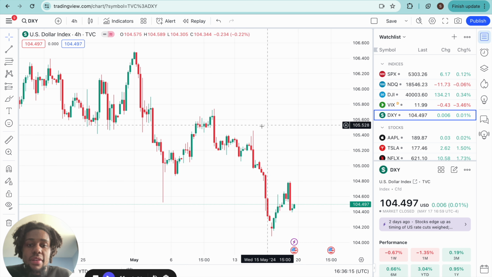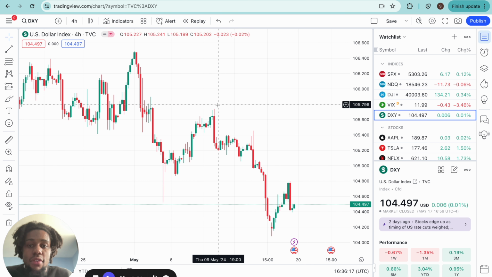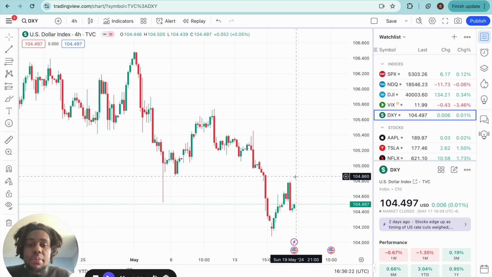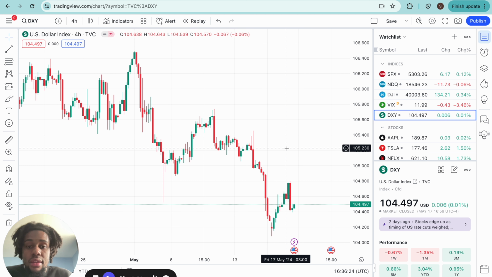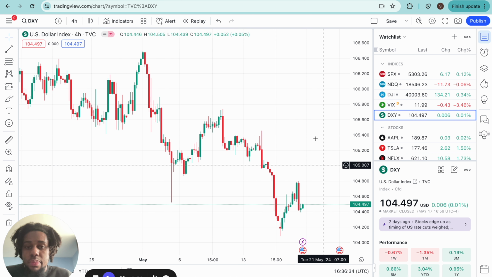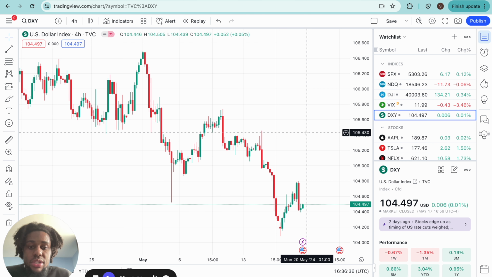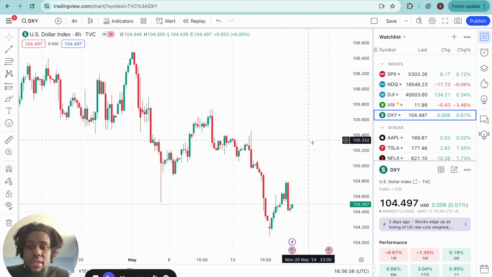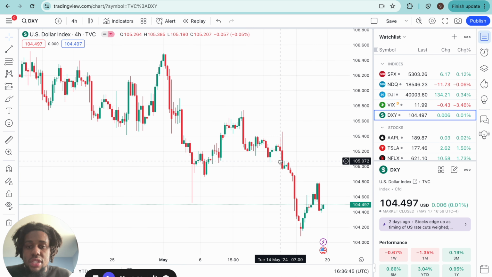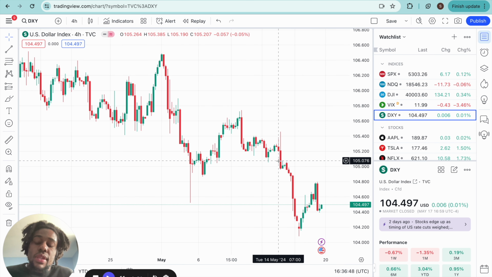For me, what would really tell me yes, the dollar is flipping bullish, is if we could close above this high here. If we were to take this high here, then that would classify for me as a new high, or even this high here. That would classify for me as a new high, and that would signal that we are at the end of our retracement, and we're probably going to be going into bullish territory. Seeing as we're at the end of the month, a month's retracement is quite befitting, in my opinion, for the price action of the dollar that's been going on and with the overall narrative.